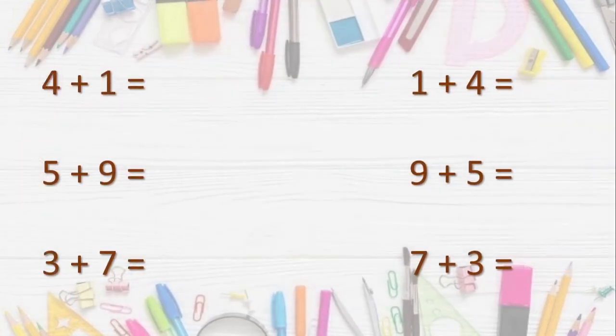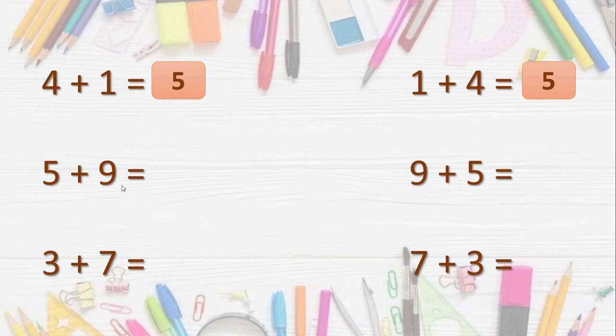Here we will go through some numbers. We have to do addition. First one, 4 plus 1. You can use your fingers. 4 fingers plus 1 finger together make, yes, very good, 5. Then move to the next sum, that is 1 plus 4. See dear children, here I have changed the order. I have taken 1 in the first place and 4 in the second place. What is the answer? You know. No need to count here. 4 plus 1 and 1 plus 4 will get the same answer, that is 5.